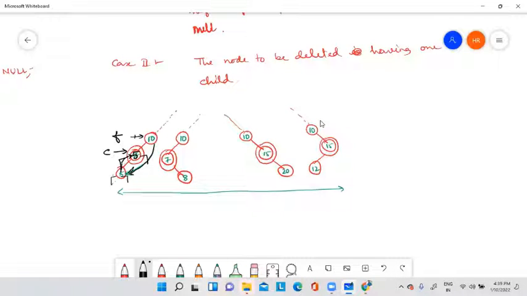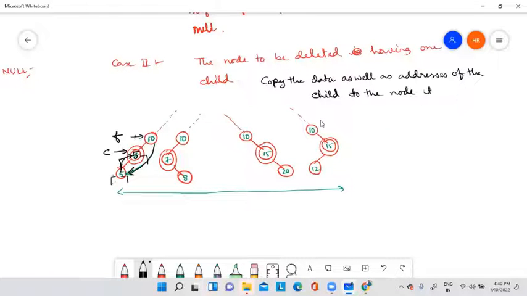So what you have to do, don't go for deletion like the previous case, pointing the father node to this, don't go for that. Just copy the data as well as addresses of the child to the node to be deleted.